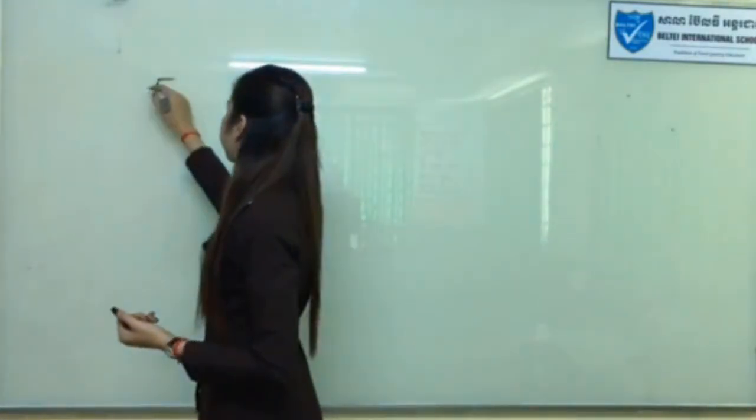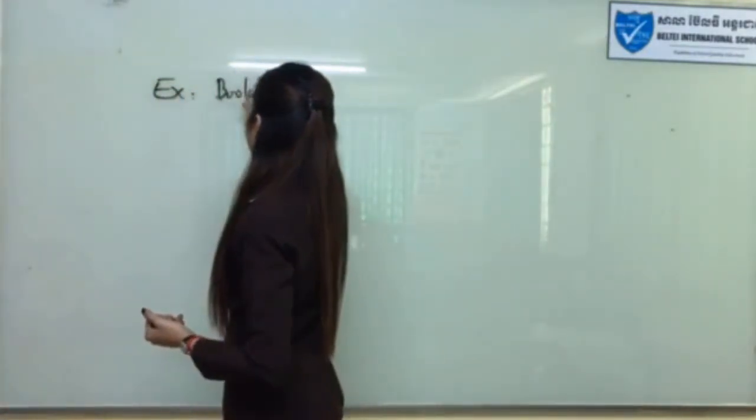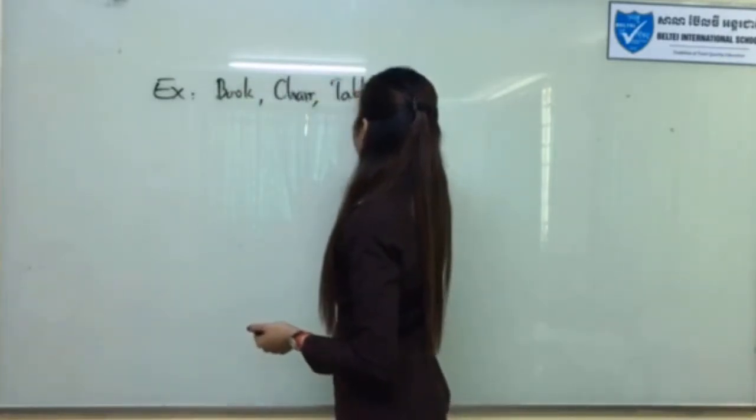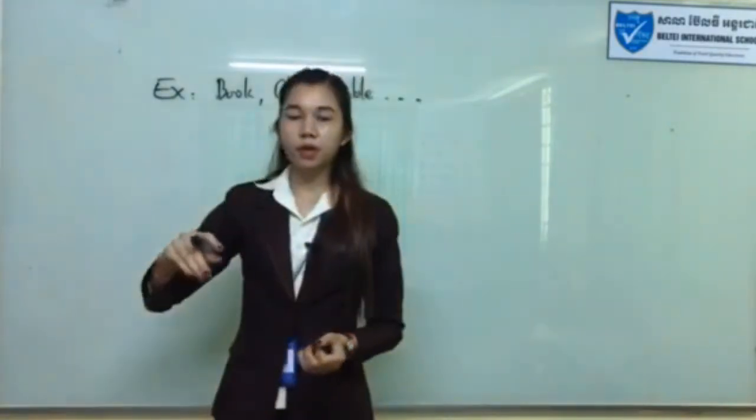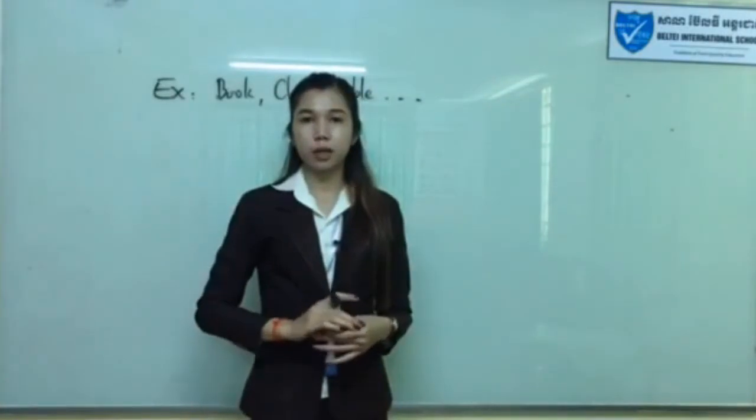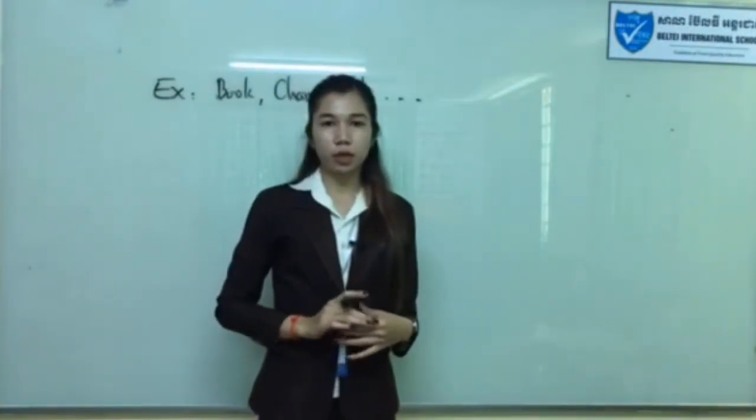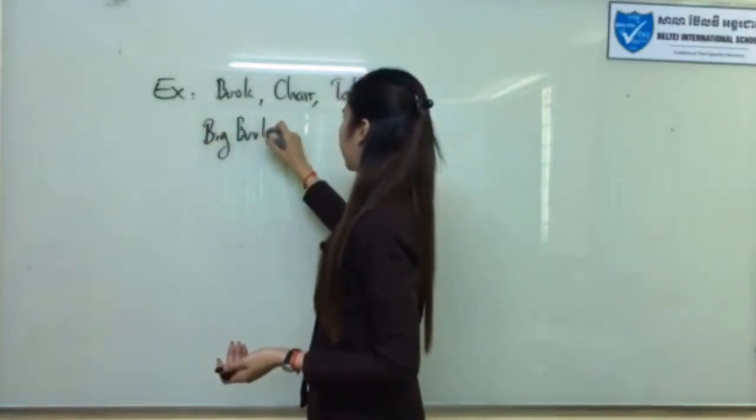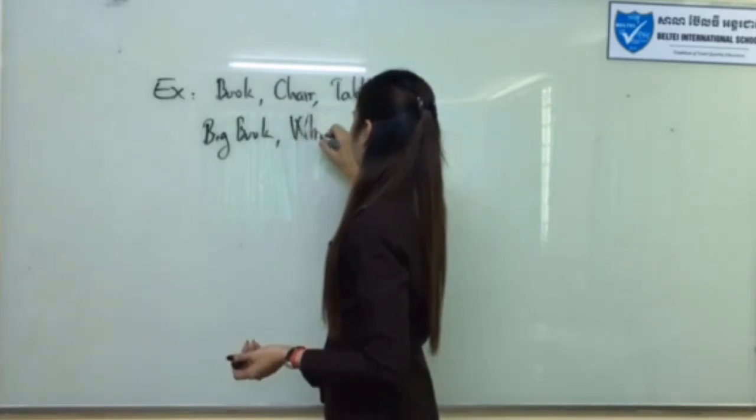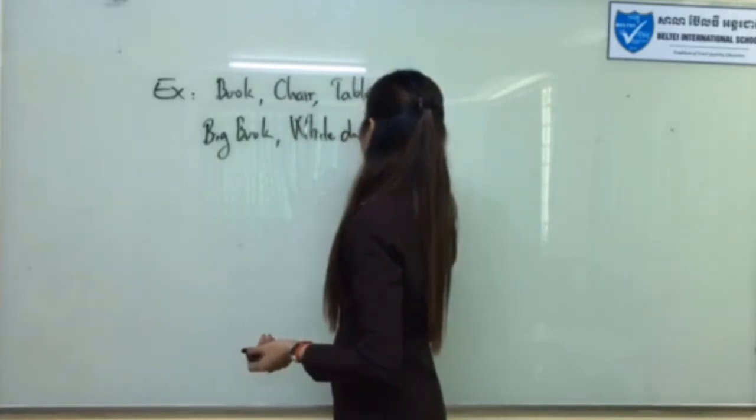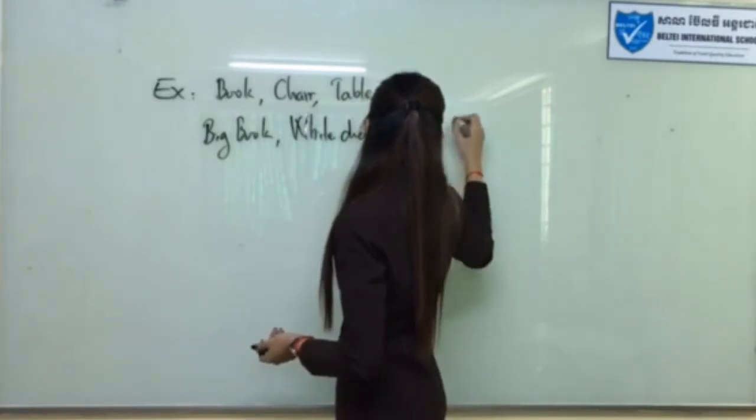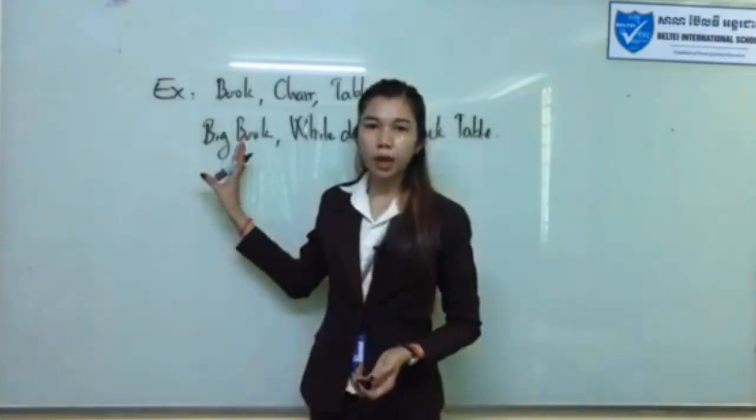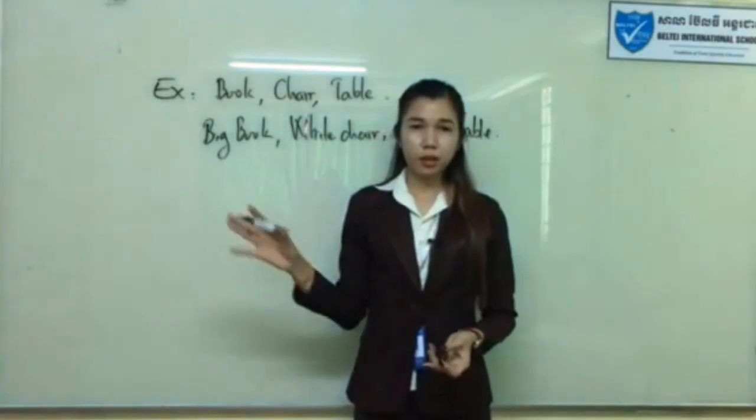For example, like book, chair, table. And proper nouns are the names for thing, people, pet, or place. Remember that proper nouns always begin with a capital letter. For example, like big book, white chair, black table. Okay, so remember that proper nouns always begin with a capital letter, and remember that the noun can be